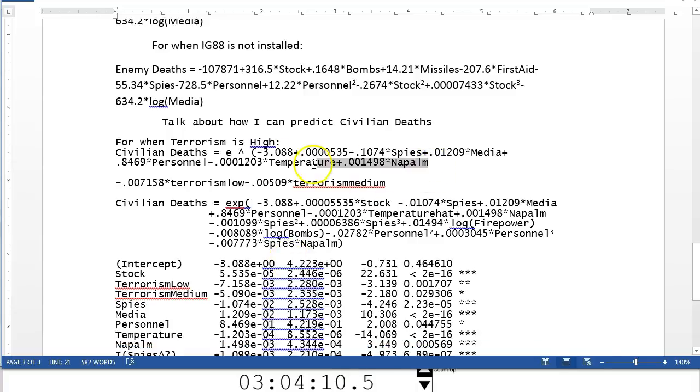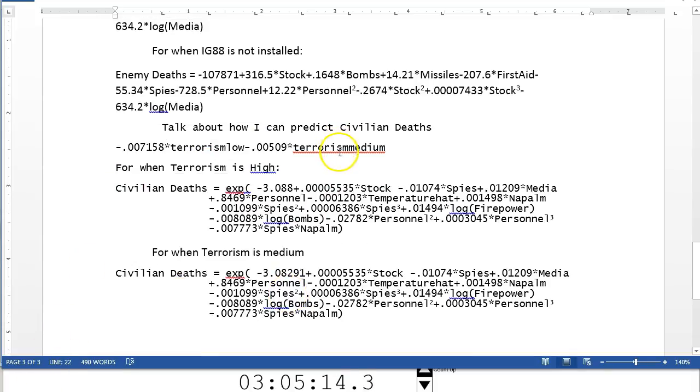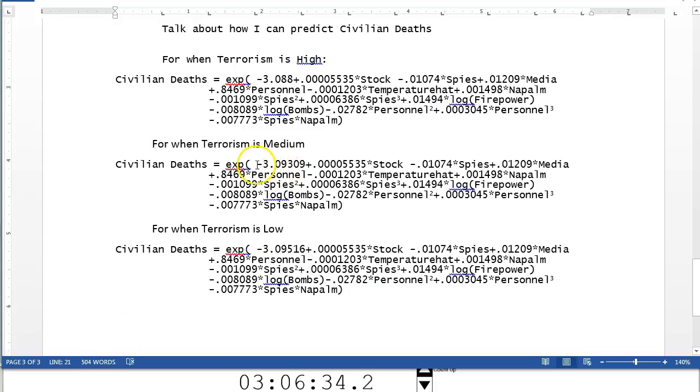Okay, yeah, that was easier than trying to retype it all. Now, I have different levels of terrorism, so I've got to use this equation and put these variables in for the other levels. And again, because I didn't have my categorical variable interacting with my numerical ones, none of the other effects are going to change. Just that y-intercept, and that's for terrorism medium. It turns out I actually messed up on the math on that number because I forgot the 3 was negative, and when terrorism is low. Okay, I hate that part.